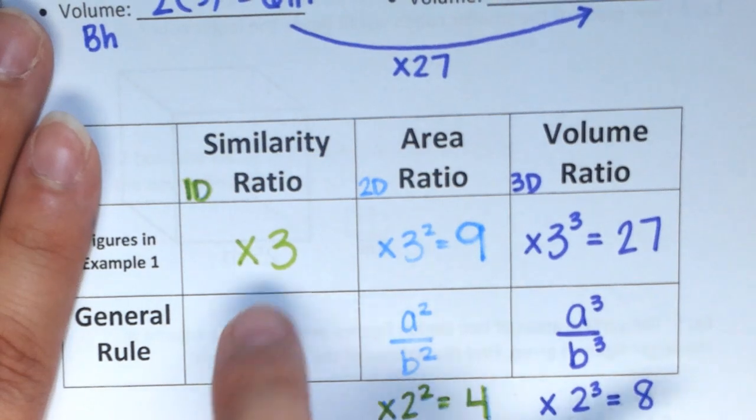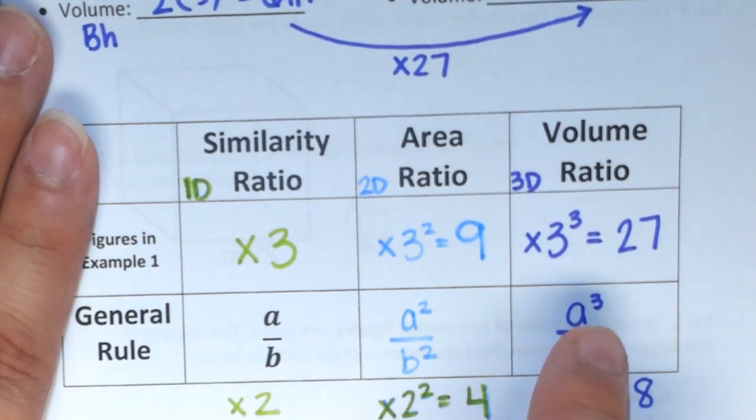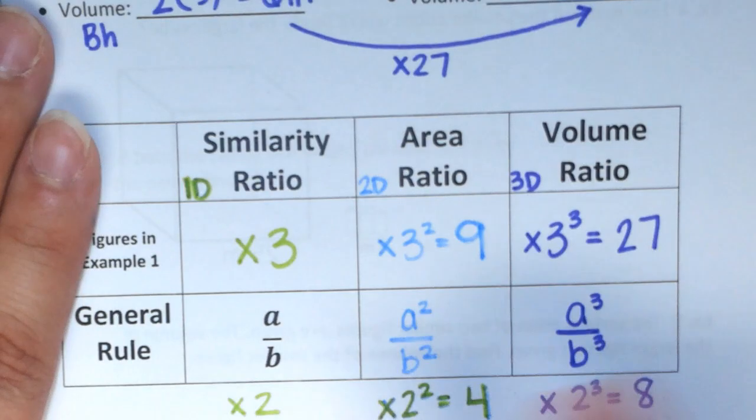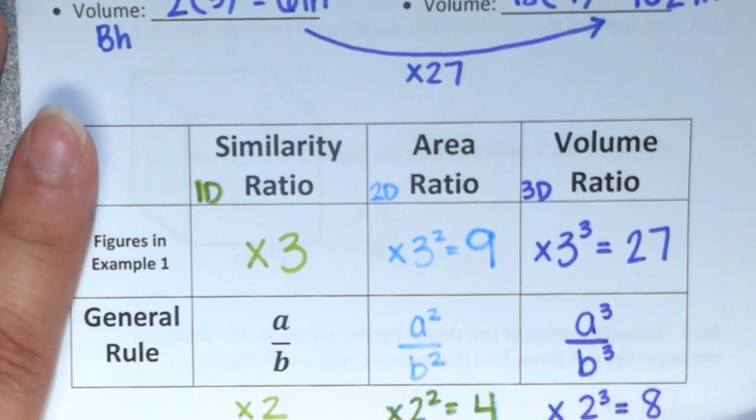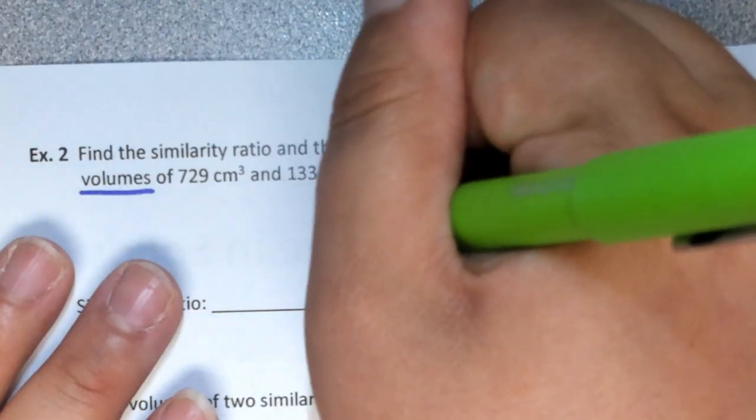Correct. Everybody look up. Do you agree that to go to the last column, I cubed it? So how would I go backwards? What's the opposite of cubing? Cube root. So right here, I'm going to cube root